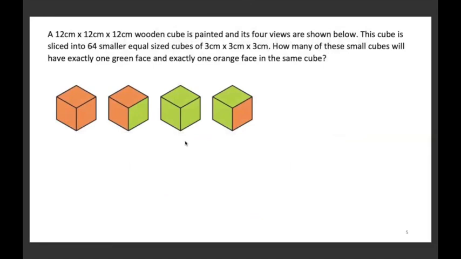A 12 centimeter by 12 centimeter by 12 centimeter wooden cube is painted and its 4 views are shown here. This cube is sliced into 64 smaller equal size cubes of 3 by 3 by 3 centimeters. How many of these small cubes will have exactly one green face and one orange face in the same cube? We are given here 3 views of the cube. We are slicing it from 12 by 12 into smaller cubes of 3 by 3 by 3. What it means is one face